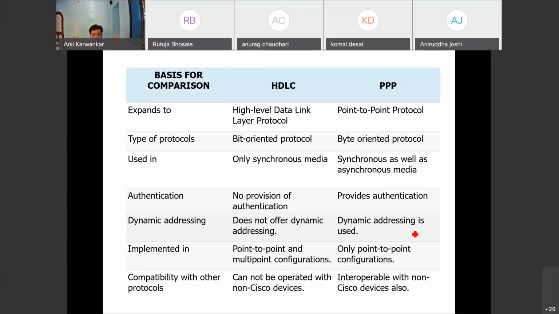Yesterday I told you the typical configuration of how PPP protocol works: your terminal is connected to the modem that is connected to the telephone line. Specifically, I am taking the example of a dial-up modem as well as a broadband type of modem. Your terminal is connected with a serial interface. This is a very important term. Serial interface connected to the modem.